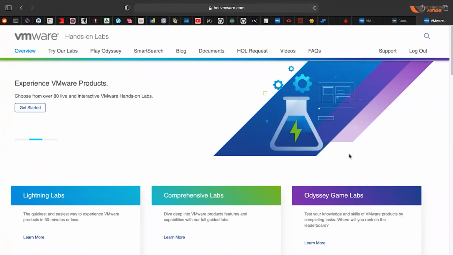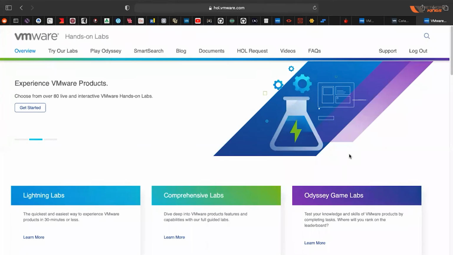Because in order to find out what we need to do, what the agenda of this lab is, or what the objectives of this lab are, you would have to search a little bit more. Once you create this account on VMware Hands-on Labs, it's similar to what we did for VMware Customer Connect Learning.